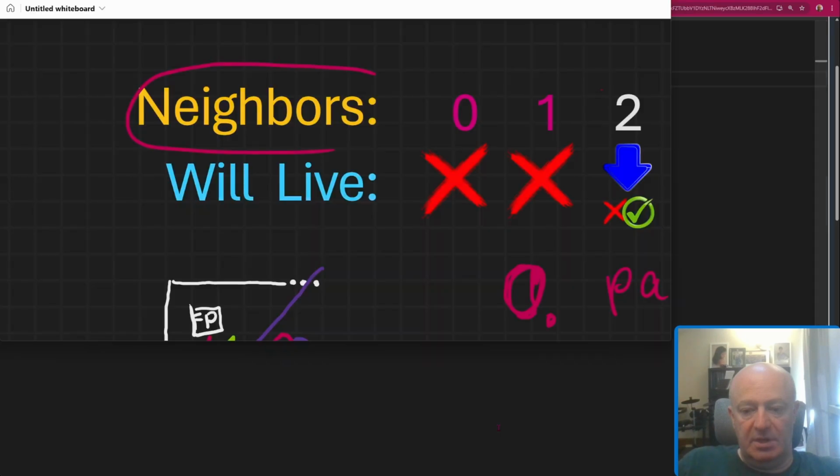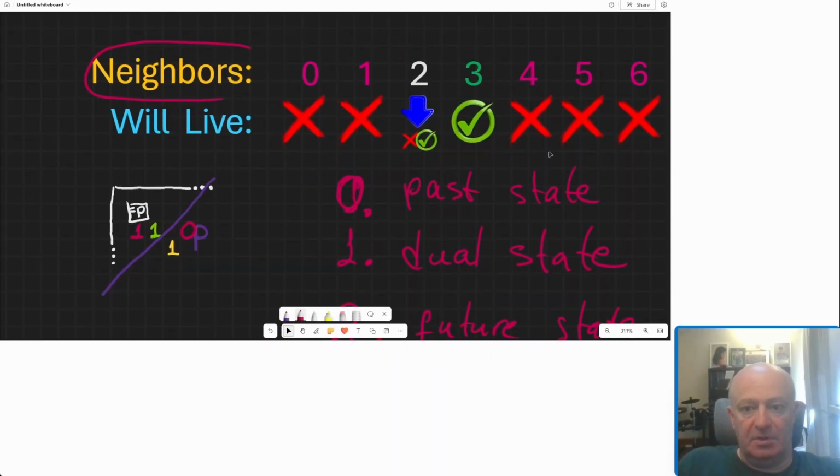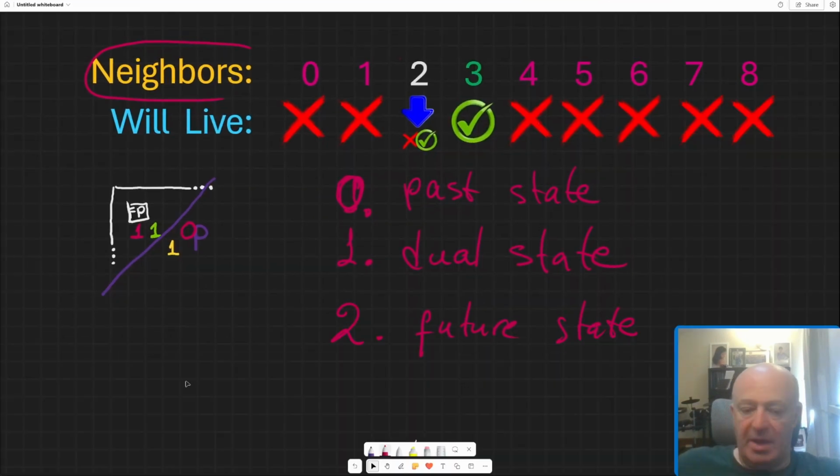And what that means is, for example, if my future past state was 1, 1, meaning that was alive, that is our past, and it will live, that's our future. Now, when I apply 1, 0 as a bit mask, as a result, this will be erased,